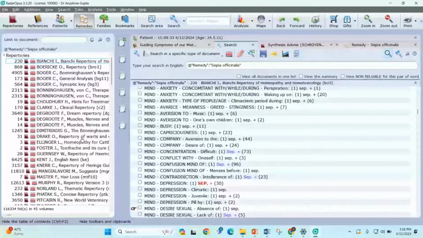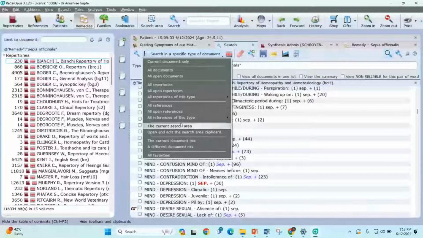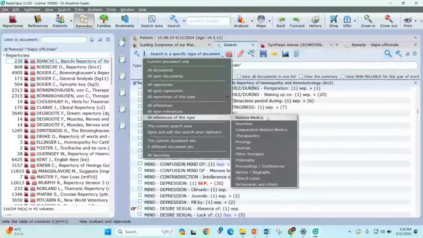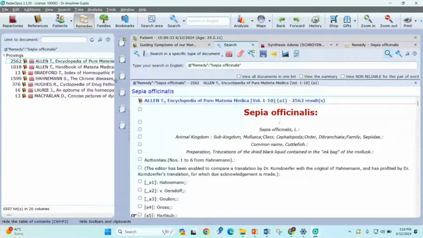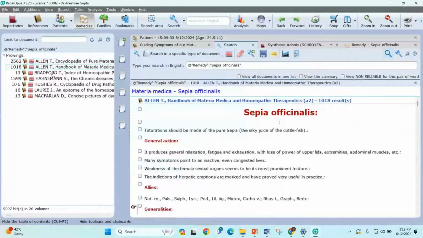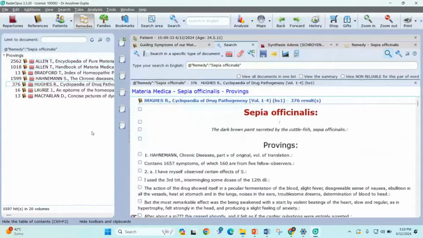And suppose I wish to read about CPR from the different proving. So I'm just selecting proving books. And CP Office Analyst opens from the different proving books. From the left hand side, you can just click on your book. And on the right hand side, your remedy will open from that particular reference. So this is how you read about your variant remedies from this remedies icon.